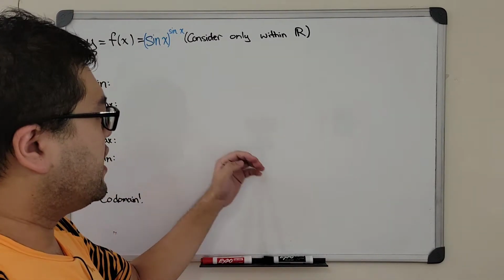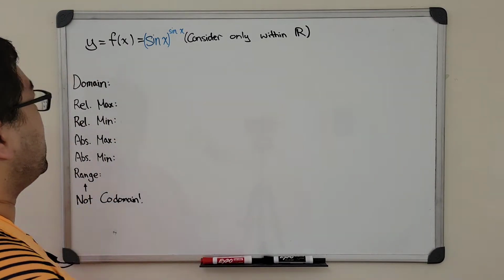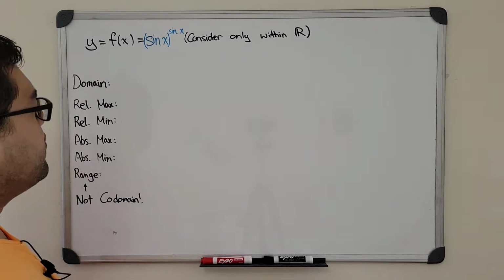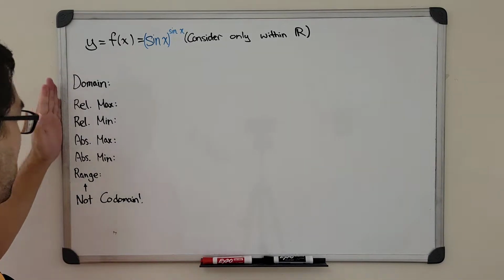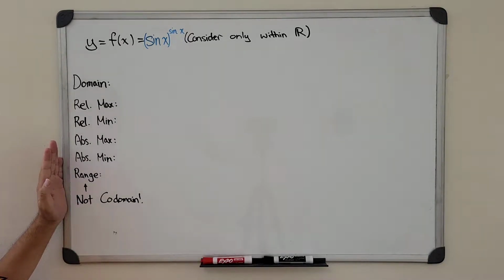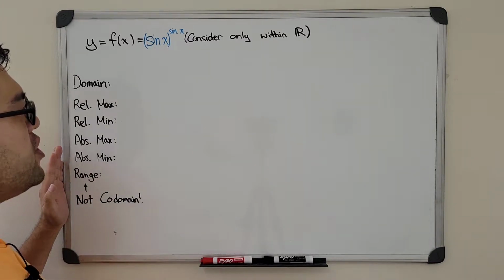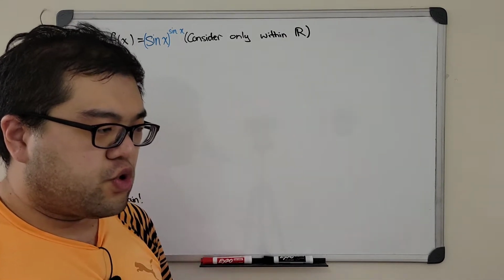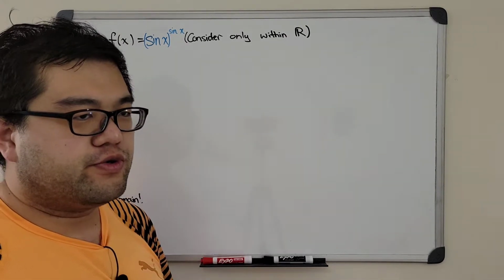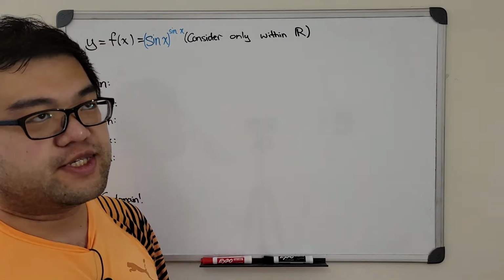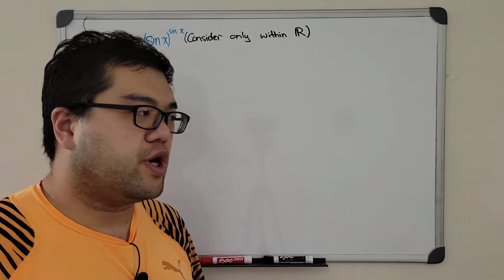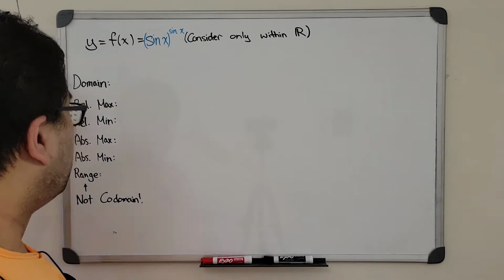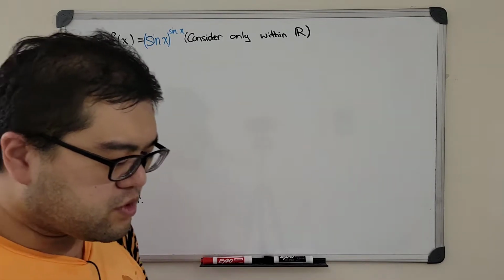This is the last problem for the short series that we have done for the last couple weeks, and we're trying to find out the following information, including the domain, relative maximum, relative minimum, absolute minimum, and the range of the given function. To do so, we're going to use calculus, and more precisely, we're going to use derivatives to help us find all these parts. So again,